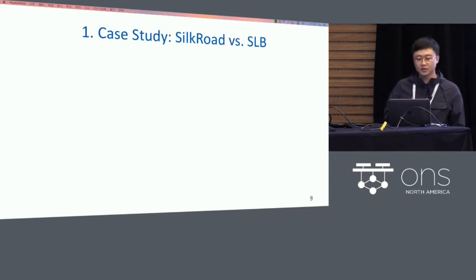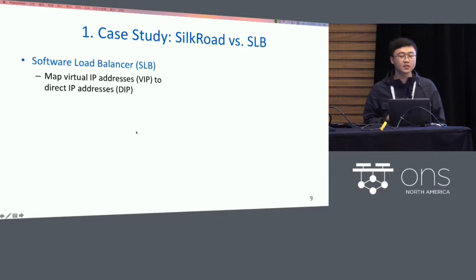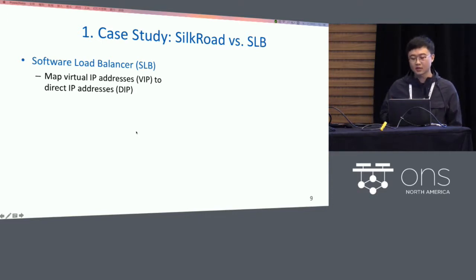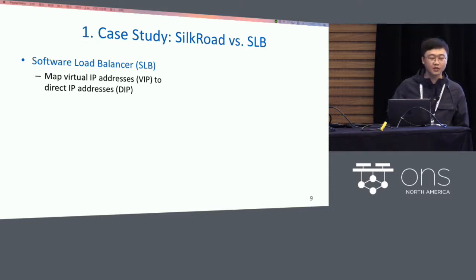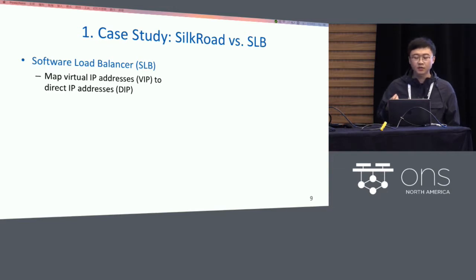Firstly, to illustrate the effectiveness of NS4, we use NS4 to simulate a typical P4 program, SilkRoad, as a case study. In cloud data centers, a lot of traffic comes with a virtual IP address and needs to be mapped to a pool of servers with direct IP addresses. The software load balancer running on servers takes the responsibility for keeping maps of virtual IP addresses and direct IP addresses,